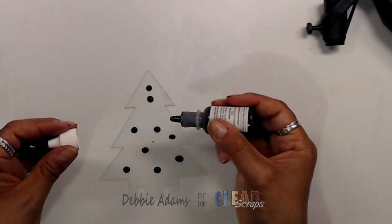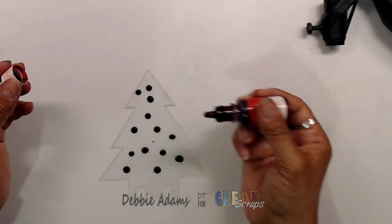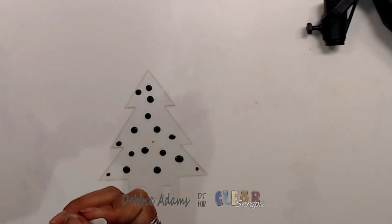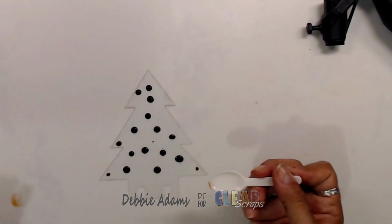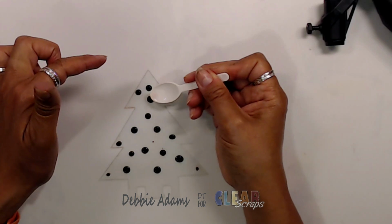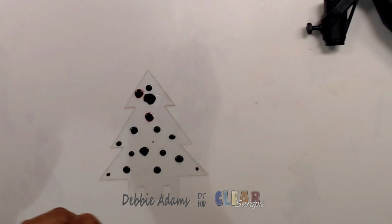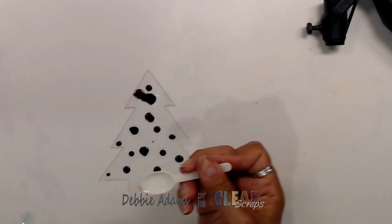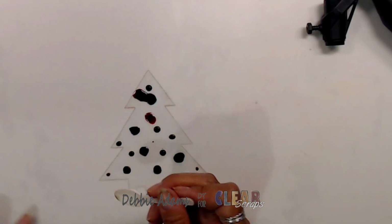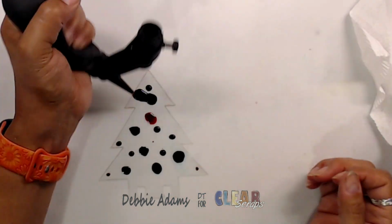Okay, so when you get your Mem-Dex cards, you want to make sure that on these acrylic ones you take off the film on the front and the back of each one. So here I already did that, and I am placing some ink drops on top of this little Christmas tree. Now I did red and green. However, because they are really dark, you can't really see them too much. And then I added a bit of alcohol